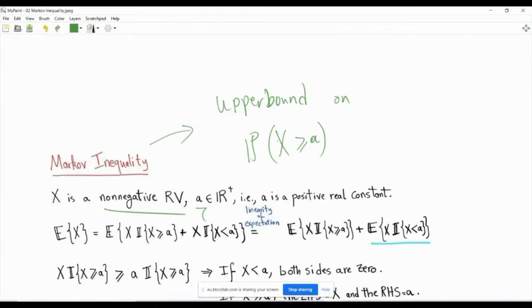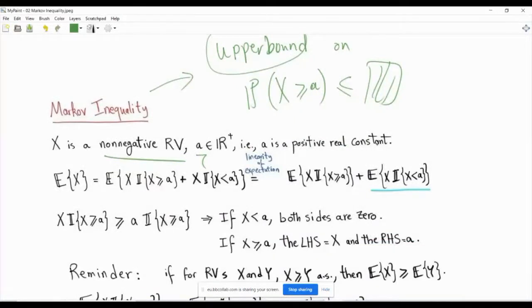You can compute this probability exactly if you have the distribution of X. But let's suppose that you don't know anything except the mean of X. Can we use the mean of X not to obtain the probability exactly, but to have an upper bound? So we want this probability to be less than or equal to something. We are hunting for an upper bound, for an inequality. Sometimes this is the best you can do in practice. You can just have an inequality rather than an equality, and sometimes these inequalities are very useful in theoretical derivations.